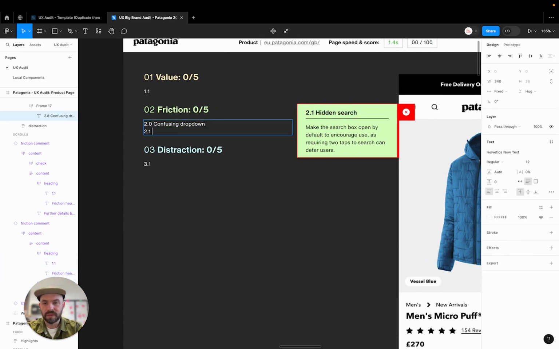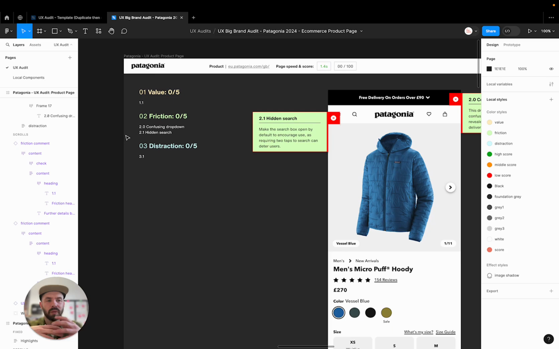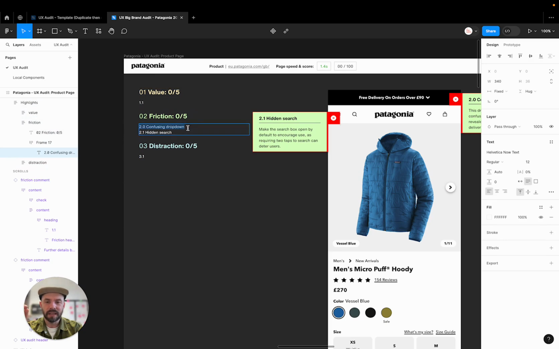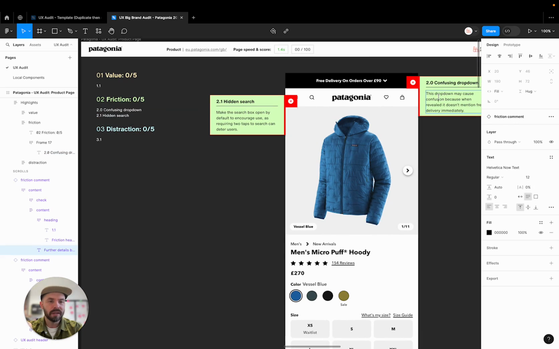And the reason we just put this summary here is so that we can quickly review it when maybe we come back to it, or when we're trying to think about what the key points are. You start to see themes, but just putting the headings in here is a reminder of where it is, and the reason we put the numbers in is so that we can refer back. So I know 2.0 is confusing drop down, so I can relate to that, go back to that point there, and then I can just see the context of what that means. So this just makes that